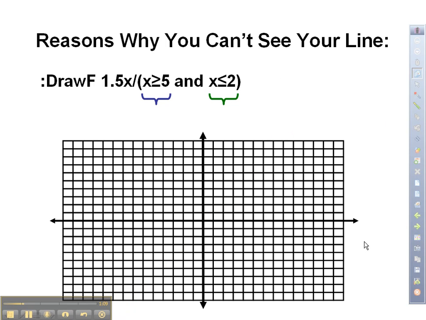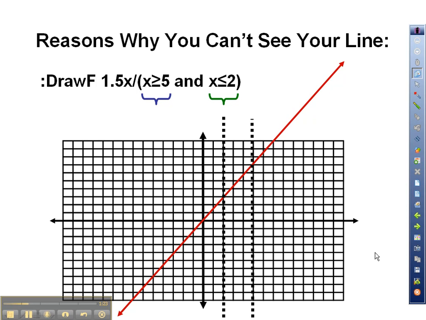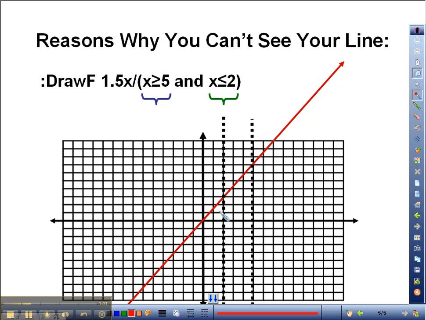Here's another reason why you might not be able to see your line. I've got a domain restriction that says turn on my line at an x greater than or equal to 5 and turn off my line at an x less than or equal to 2. Well, here is 2, here's an x of 2, and here's an x of 5. Can you see that? Let me use my pen here. Here's an x of 2, and here's an x of 5, but your problem is this right here and this